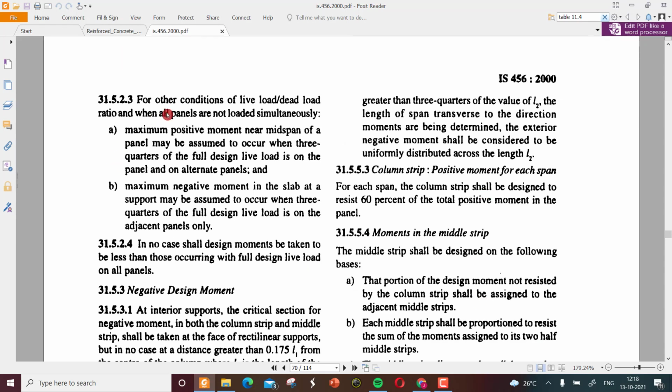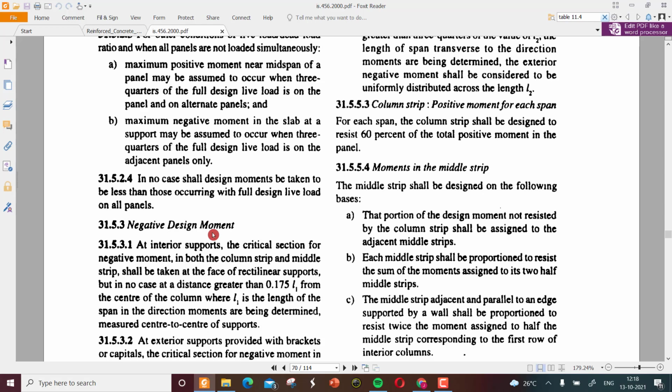Then come the other conditions of live load to dead load ratio, when the panels are not loaded simultaneously. The maximum positive moment near midspan of a panel may be assumed to occur when three-quarters of the full design live load is on the panel and all the alternate panels. The maximum negative moment in the slab at a support may be assumed to occur when three-quarters of the design live load is on the adjacent panels. And the clause